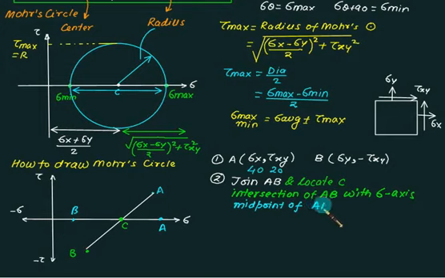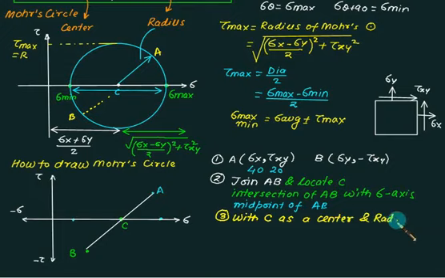Now we'll justify why it is a midpoint. Because your center is sigma x plus sigma y by 2. This is sigma x, this one is sigma y. So naturally C will be the midpoint of it, that is sigma x plus sigma y by 2. Now once you obtain the point C, with C as the center, this one is CA and this one is the B point. With C as the center and AC or BC as the radius, you have to draw a full circle. I am just comparing the above figure with my content in this figure. So we write here: with the radius equal to AC or BC, draw a full circle. That represents our Mohr circle.